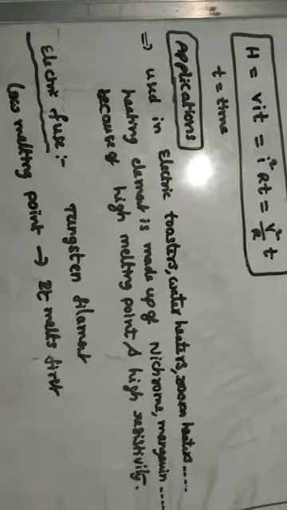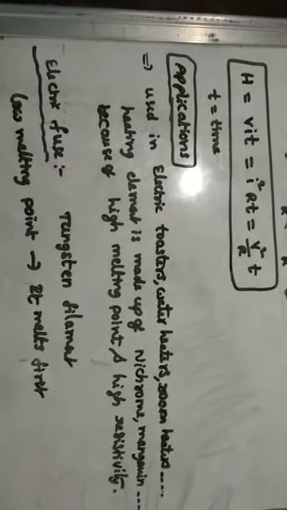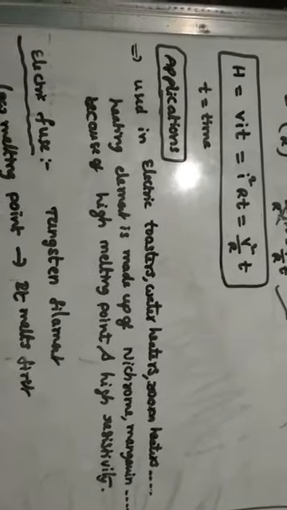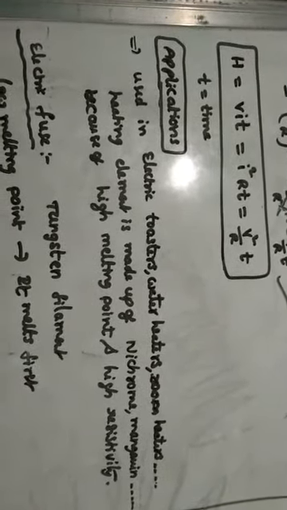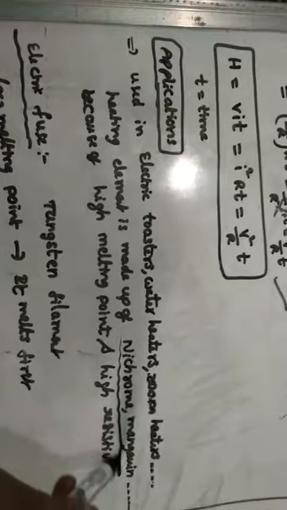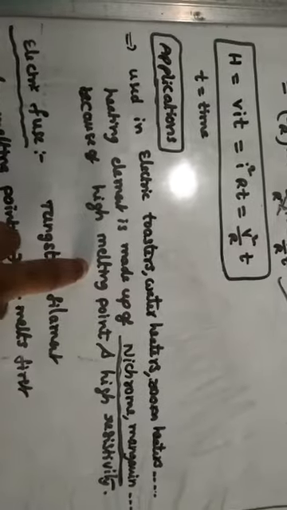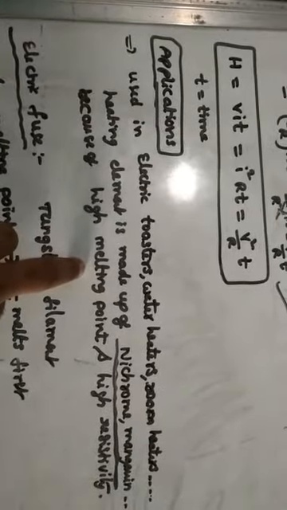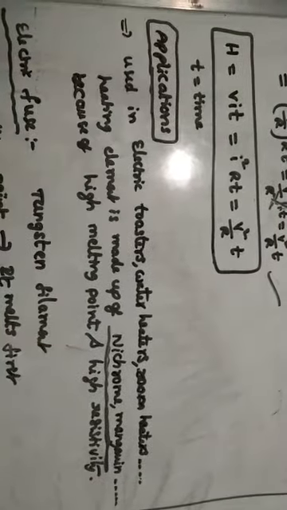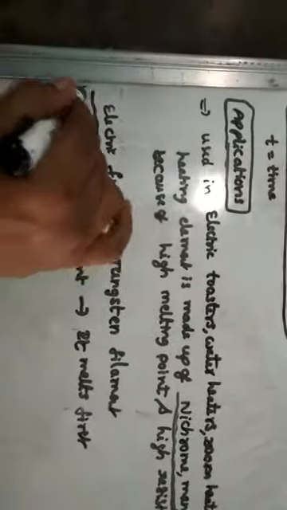So on the basis of this heating effect, there are some applications. One is electric toasters, water heaters, room heaters, which we observe in our house also. Whenever current is sent, automatically heat is developed here. Especially they are made up of materials like nichrome and manganese. These are alloys, the reason is high melting point, so they will not melt easily. So high melting point and high resistivity. These are the reasons we are using nichrome and manganese. Remember this sentence.